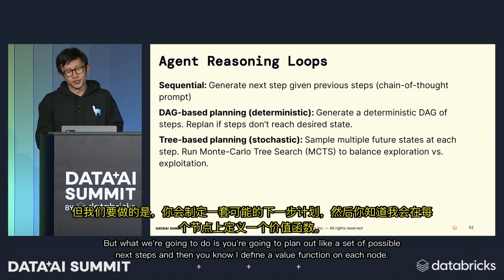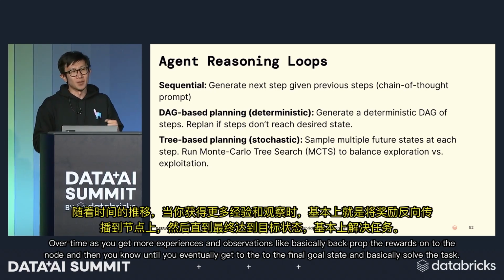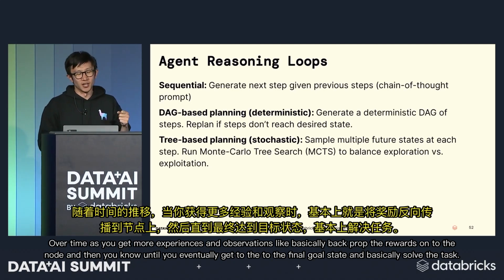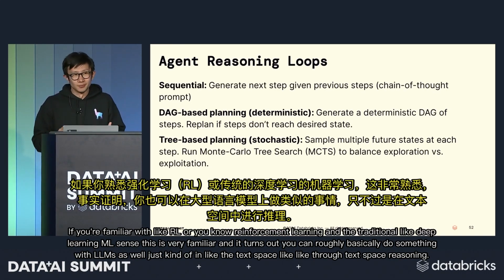at hand. But what you're going to do is plan out a set of possible next steps, and then define a value function on each node. Over time, as you get more experiences and observations, you basically backprop the rewards onto the nodes, until you eventually get to the final goal state and solve the task. If you're familiar with RL or reinforcement learning in the traditional deep learning ML sense, this is very familiar. And it turns out you can roughly do something similar with LLMs as well,